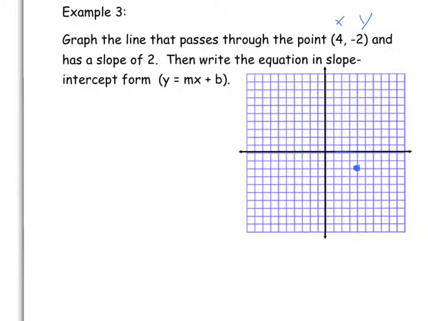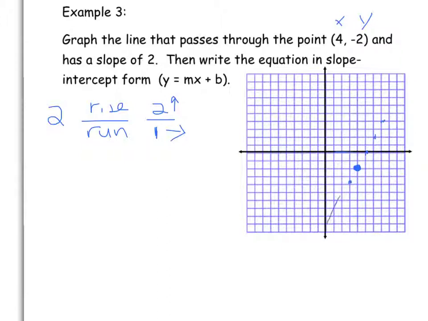I'm going to erase all my marks. And then it says to graph if it has a slope of 2. Now I've tried to encourage you to define that. It's rise over run. So that means that it's 2, and we're going to open the door. There isn't anything in the denominator, so we're going to open the door with a 1. It's positive, so we're going up 2 to the right 1, starting at our starting point of 4, negative 2. So we're going to go up 2 over 1, up 2 over 1, up 2 over 1,